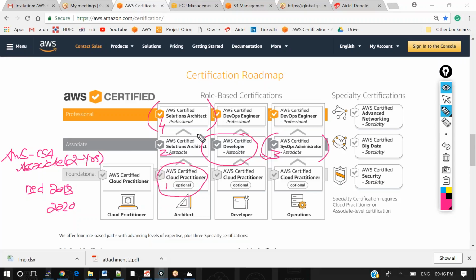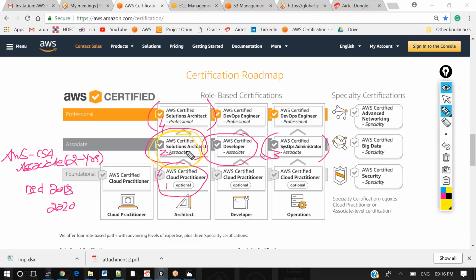What I would suggest is to first go with the CSA certificate, understand the concepts in that, and then go for SysOps, Developer, or Professional. Later on, if needed, you can also go for DevOps too. So this is the overall roadmap of the certification, and here we will be concentrating on the AWS CSA certificate, this one.